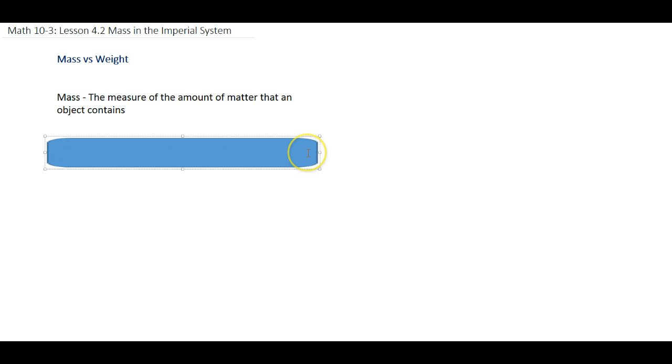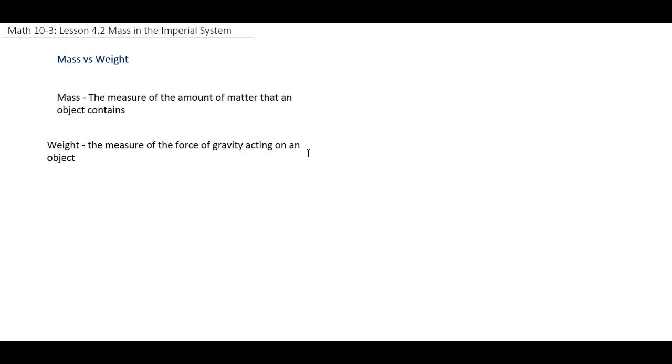When we compare that to the weight, weight is a measure of the force of gravity acting on the object. Now, it's important to know that the more massive an object, the greater the force of gravity. The smaller or the less massive the object, the smaller the force of gravity. And so they're certainly related, but they're slightly different